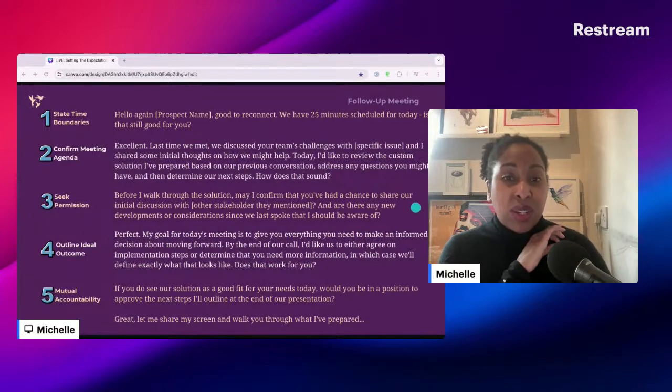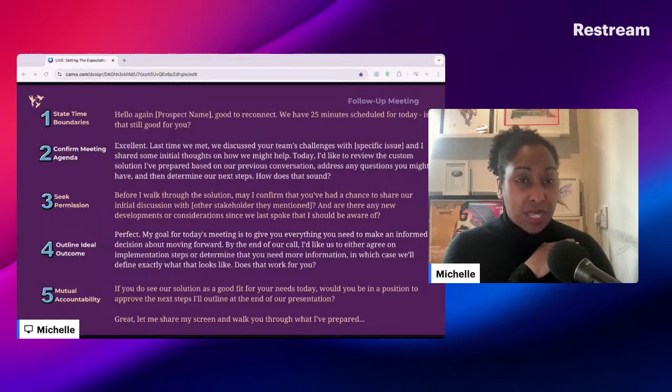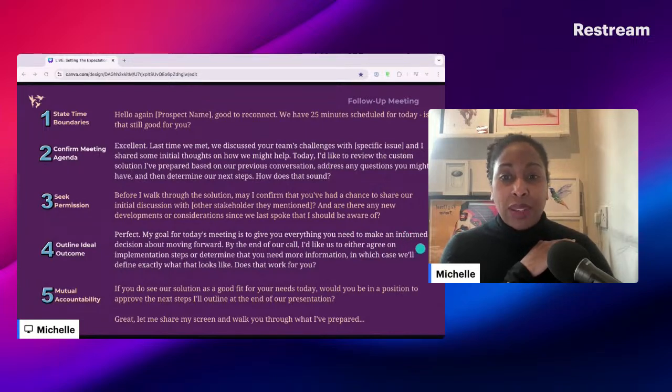We've gone into seeking permission, and the nature here is slightly more defined. And we also alluded to delays that might arise because there's now other stakeholders involved. We've outlined the outcome to move forward, and this is really like, can we get agreement on a contract and move that forward?